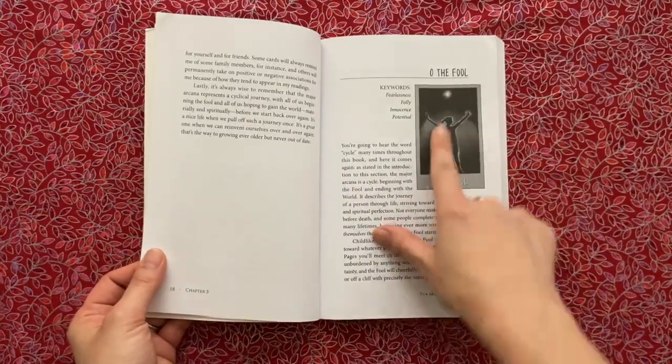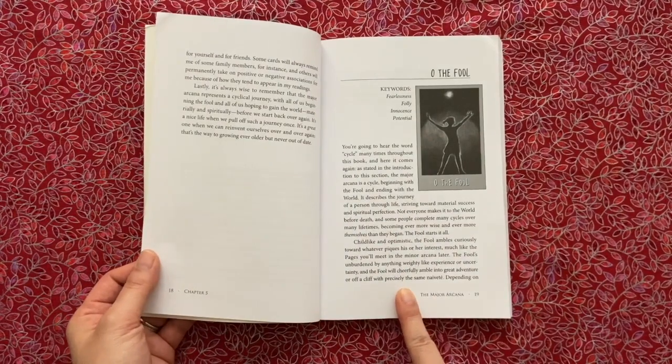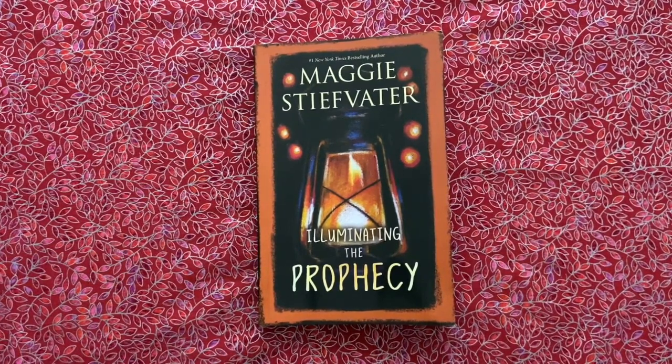And it's formatted with the black and white thumbnail of the image. You have some keywords, and then you have the card description. I read this guidebook from front to back because this deck is, which we'll take a look at in a minute, a departure from the depictions that are common in RWS decks. I would say that in terms of descriptions, it overall leans towards RWS, but the images definitely do not. And so I wanted to read the guidebook thoroughly, and as you read, you can just tell